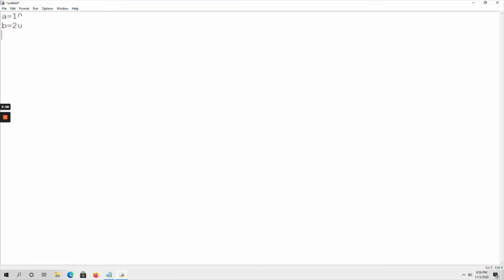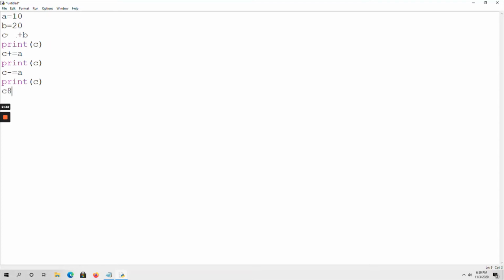A equal to 10 and B equal to 20. C is assigned with A plus B. This is a simple assignment. Now I am printing the value of C. Next, C plus equal to A, and again I am printing the value of C. Similarly, C minus equals to A and printing the value of C.